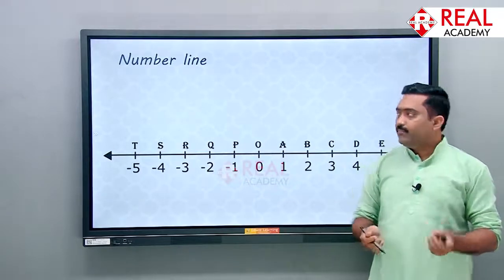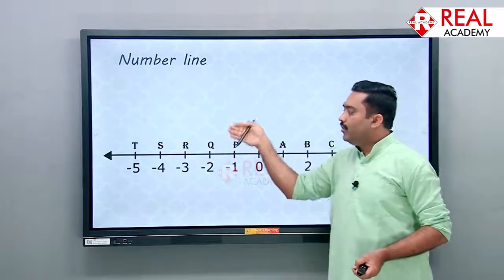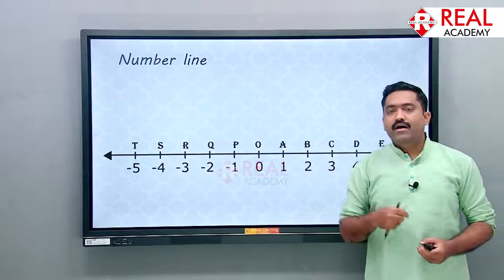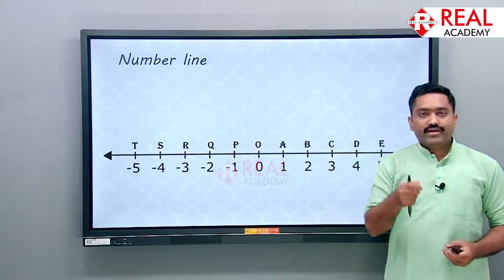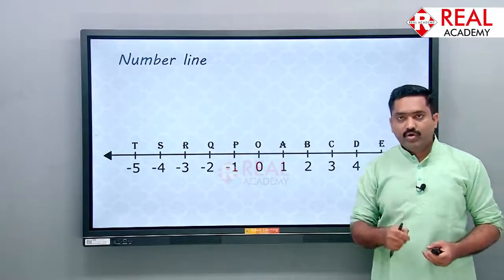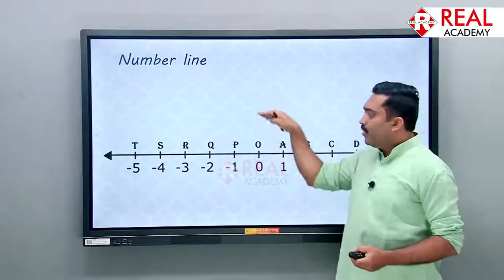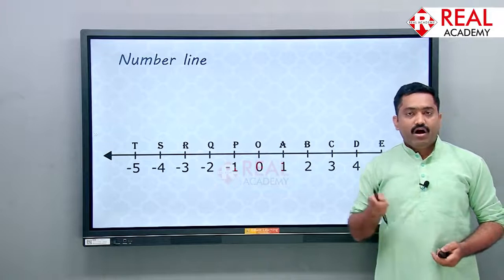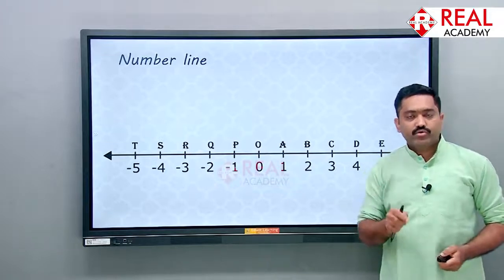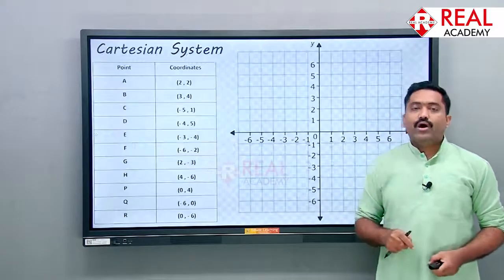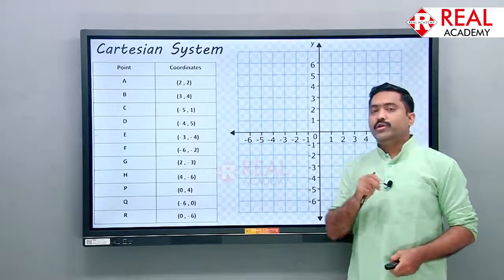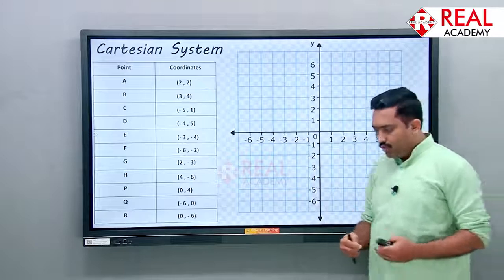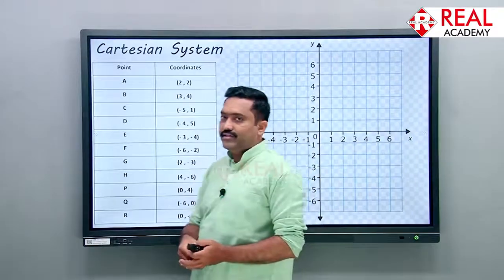But if the point is given somewhere above the line or below the line, then again there is a problem. This time Rajesh cannot tell us what is the associated number because the point is above or below the line. It means it is not the part of the line. अब उस केस में अगर उसको associated number बताने हैं तो वहां पर उसे एक नंबर लाइन नहीं, 2 नंबर लाइन लगेंगे. Since he will require 2 number lines, उनकी रचना भी इस तरह से की जाती है that both